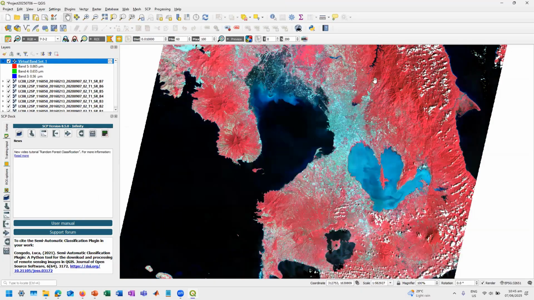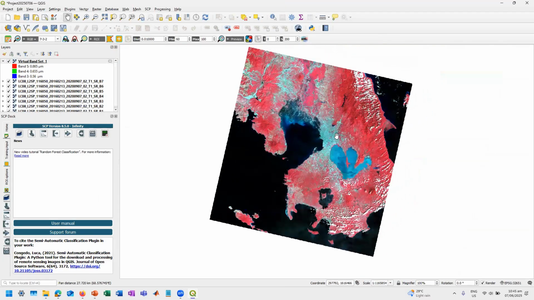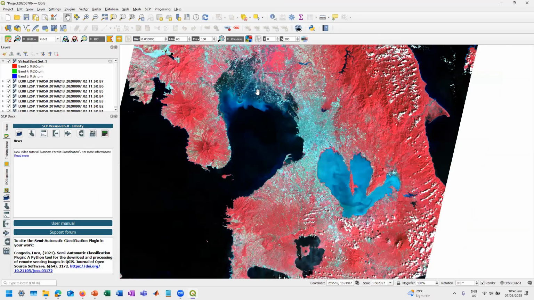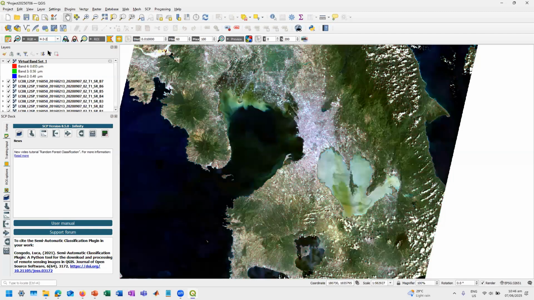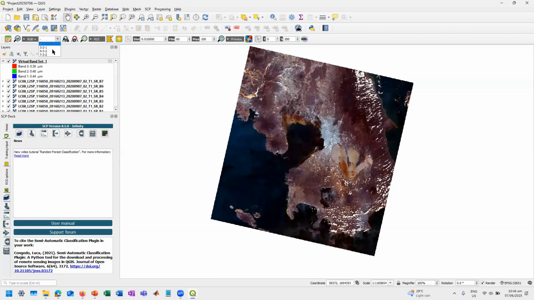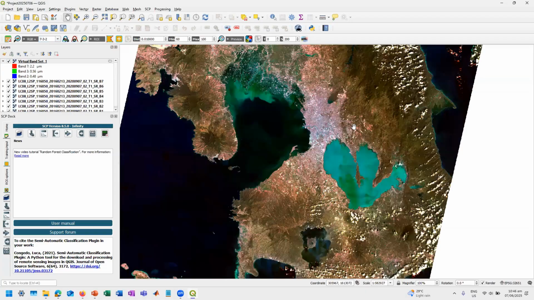This is now the image. So you will notice here that when you change the color combination from 432, the image is now changed. So iba na yung naging emphasis, no?